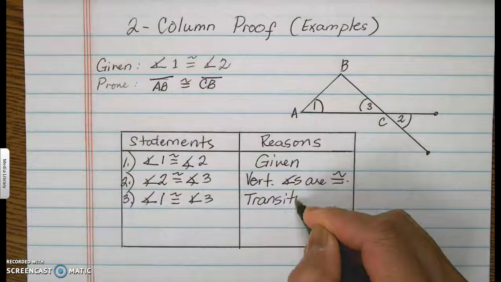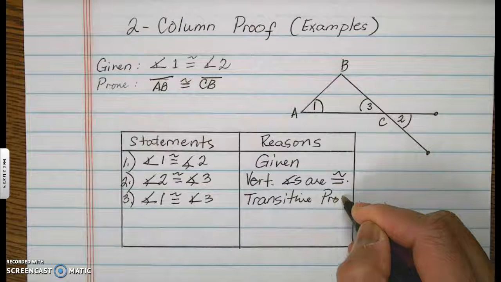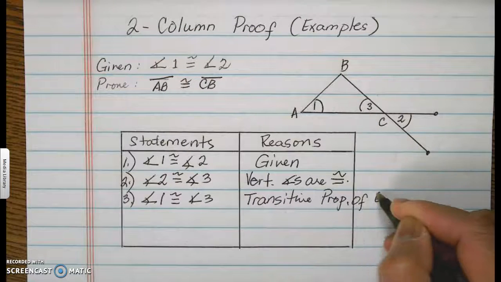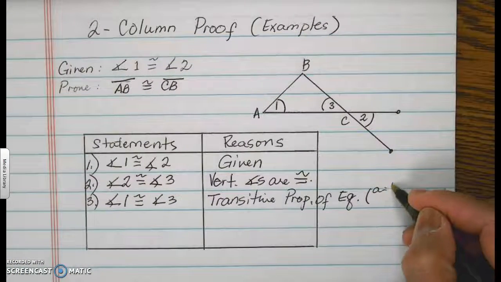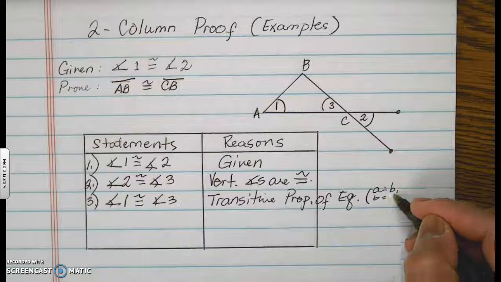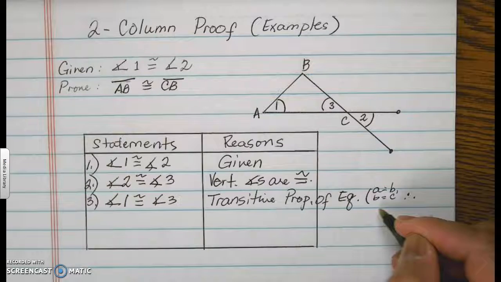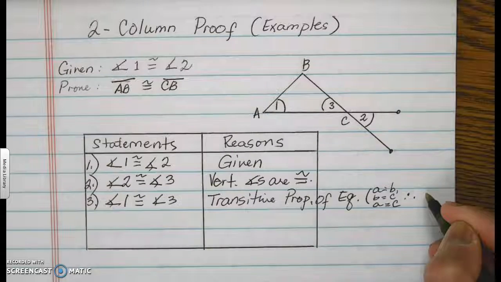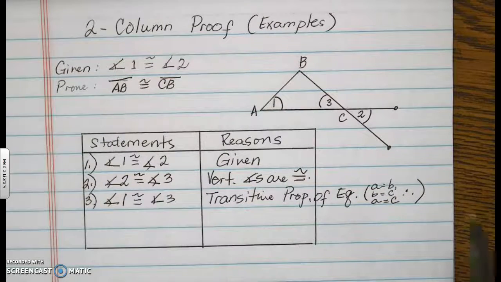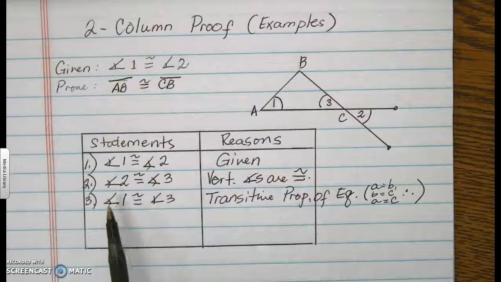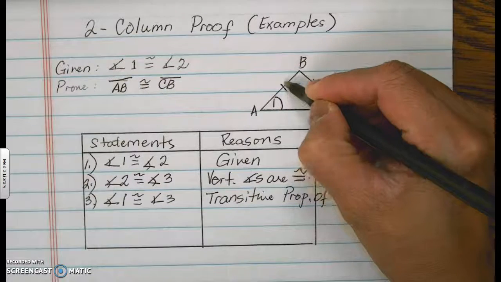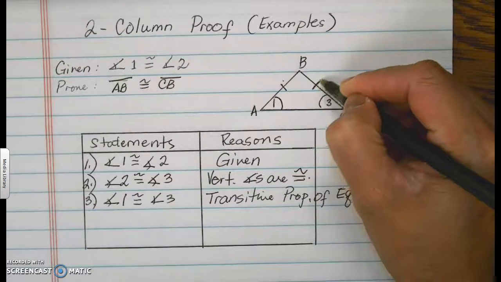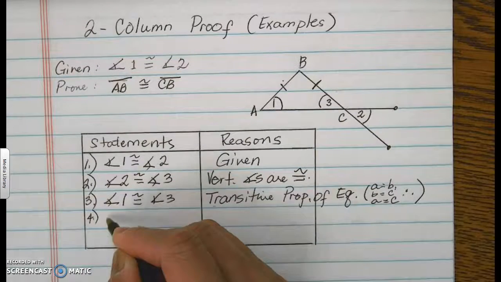And transitive property of equality simply means that if A is congruent to B and B is congruent to C, therefore A is congruent to C. So that is the meaning of transitive property of equality. So after establishing that angle 1 is congruent to angle 3, I can now say that AB is congruent to CB. So number 4, AB